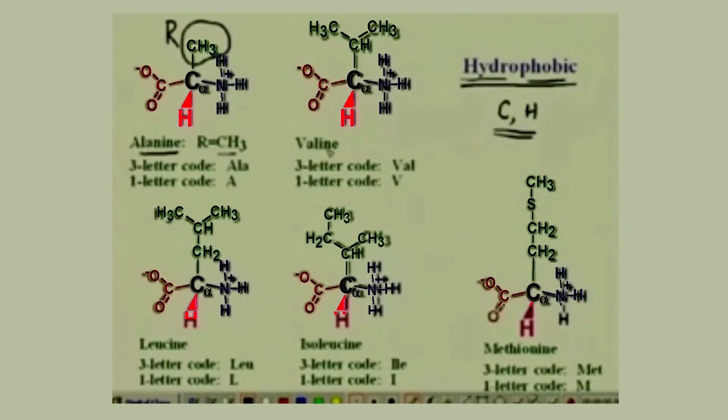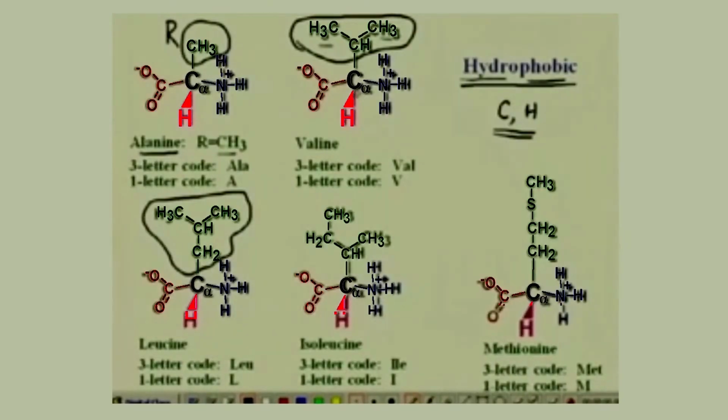We then come to valine. Valine is beta branched. We have CH, CH3, CH3. We then have leucine, CH2, CH, CH3, CH3. So, it is branched at the gamma atom, and the way these are represented is that